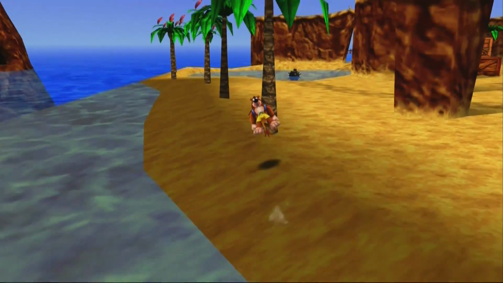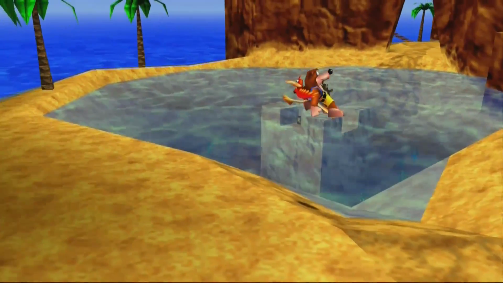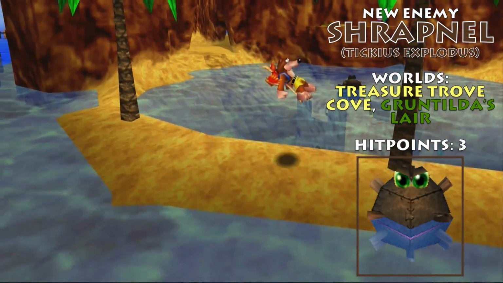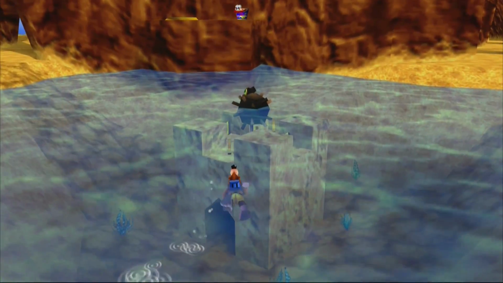But over here is something new. Now, if I can find the entrance at least. There's a mine. This is a new enemy. I'm trying to remember what the enemy's name is, but basically it's just the sea mine that if you go in the water, it will try to aggro you by going closer, so...